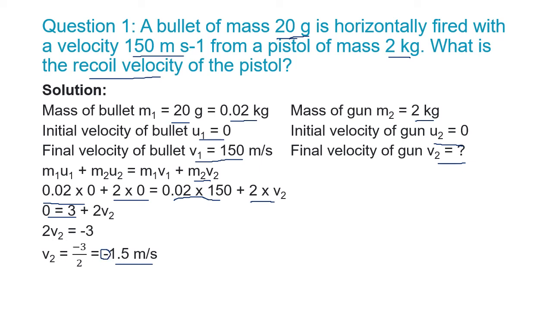Means when the bullet is fired in the front, the gun is recoiling at the back. So if you've seen the movies and everything, these are big cannons, top we say, when it is fired, the cannon jerks back. So everywhere you can find a lot of examples where the law of conservation of momentum is used. So all the shooters, our army men, have to be given special training that whenever a bullet is fired, the gun recoils backwards. So there is a special position for holding the gun. Yes, all that training has to be taken because the physics is very, very important here.